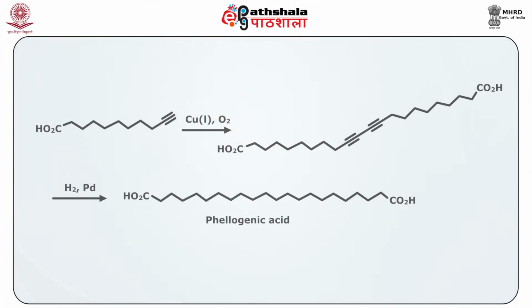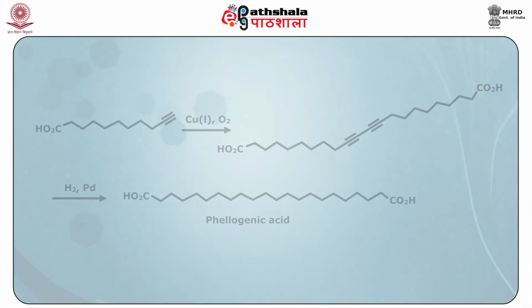Some of the copper 1 could be oxidized to copper 2 as the reaction functions under air, which in turn could oxidize the acetylide ion to the acetylide radical. This has the ability to dimerize to yield diynes as shown earlier. Various synthetic applications are reported in this context. For example, synthesis of phenolgenic acid has been achieved from the